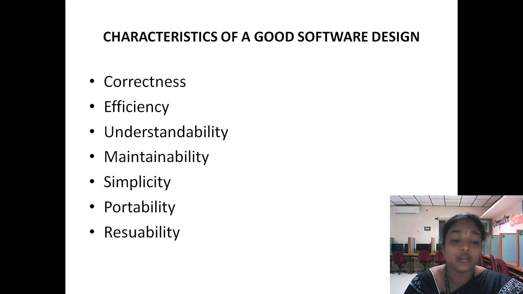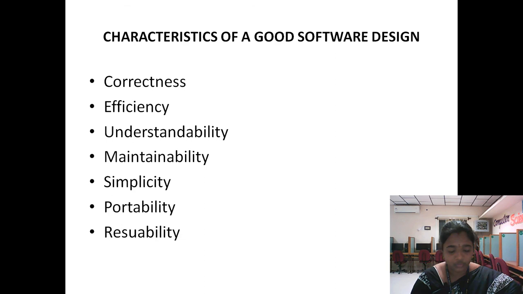And the last one is reusability. Here the software design should be standard and generic, so that it can be reused for similar types of projects which may come in future. If we reuse this software design for another software, then it is said to be a good software design. So these are all the characteristics we need to have in